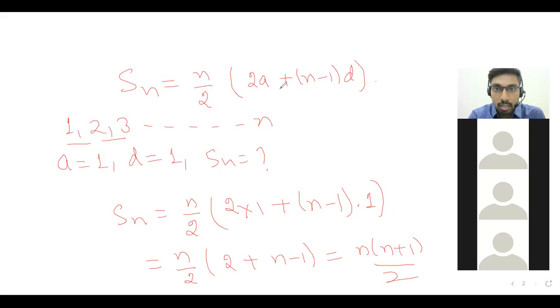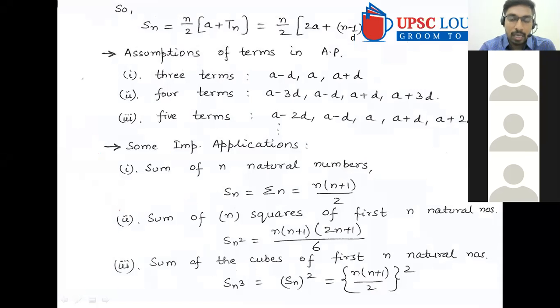Okay. Is it clear to all? Yes, sir. Okay, fine. And in the same manner, you can derive the formula for the squares of the natural numbers. So these are the direct formulas, you can remember these. And for cubes, just square whatever sum you get for the natural numbers. That means Sn squared will be the sum of cubes simply. So these are the very basic formulas.